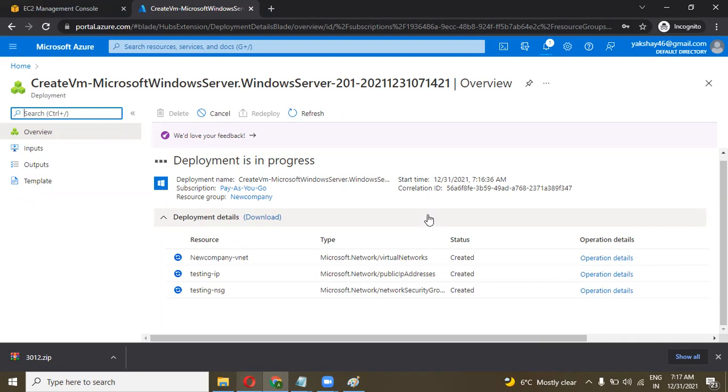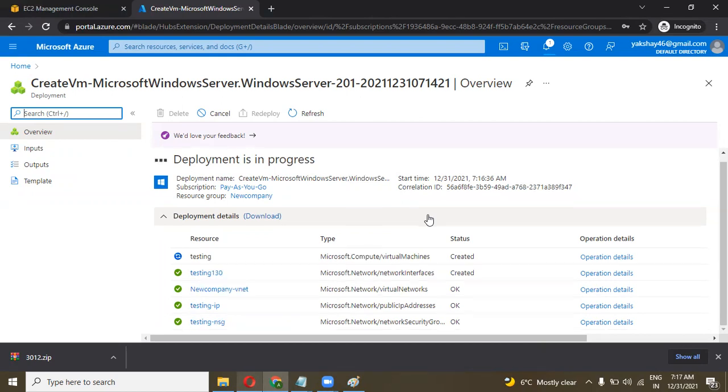It will be helpful in the future. Whenever you want to create a new machine with the same configuration and same applications, you can use your template. Can you show that feature also, downloading the template and how we can use it? Yes, we will see.